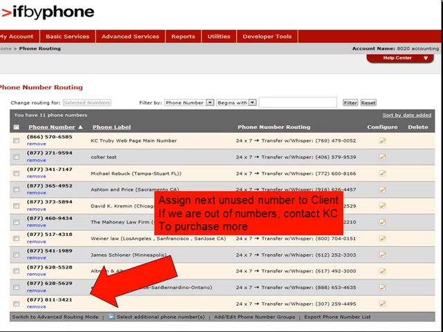A list of the phone numbers that we've purchased comes up on the screen. And you'll be able to tell under the second column if that number's been allocated to somebody. So what we want to do is pick the first unallocated phone number and click here under the Configure and fill in the client's name, the routing number, which is their cell phone, and fill it in with whisper,